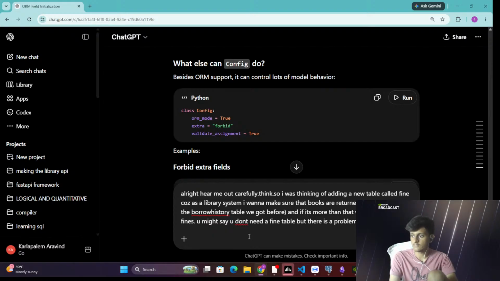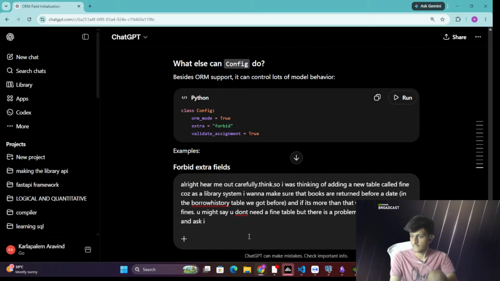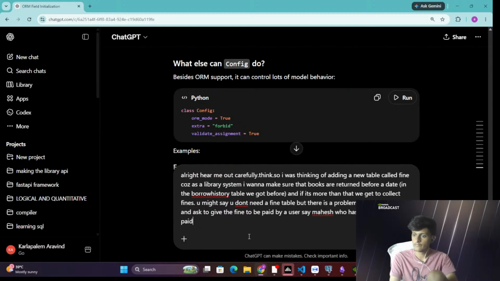If I were to come and ask for the fine to be paid by a user, say Mahesh, who has multiple violations, yet paid some of them, so can't